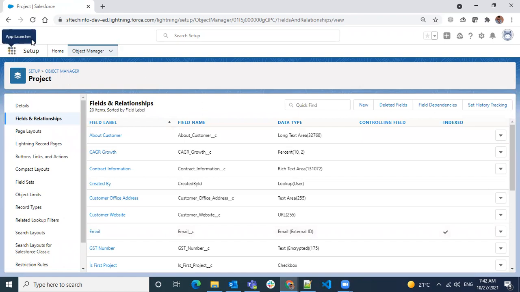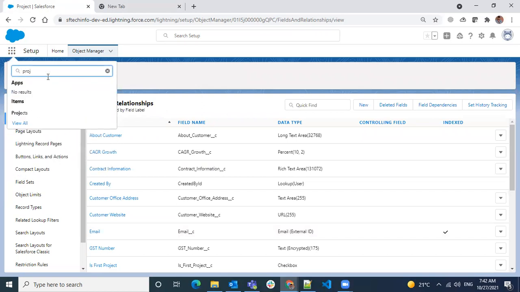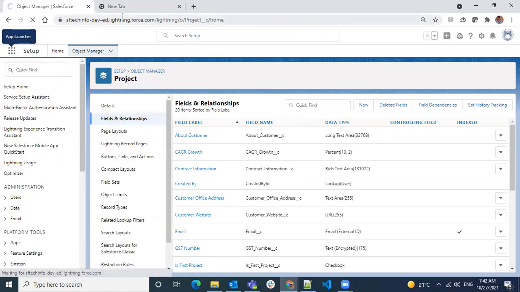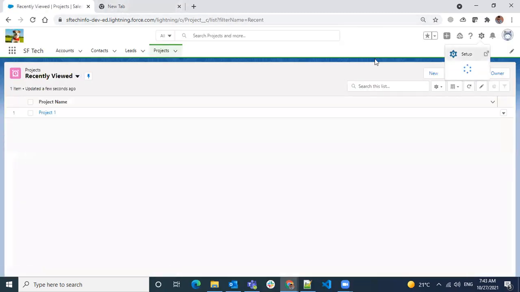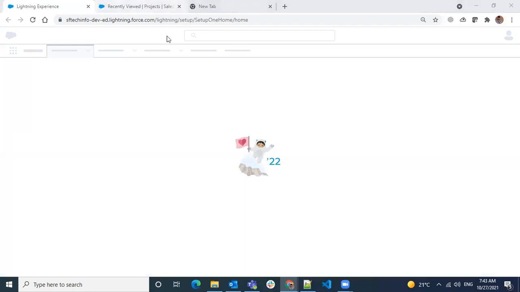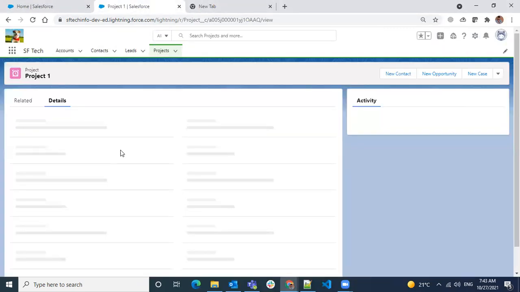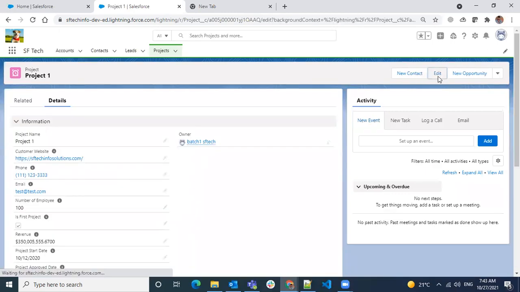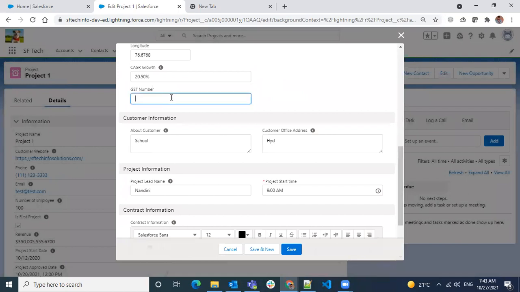Now let's see how that encrypted field looks. I already have a project, and we have the field GST number.